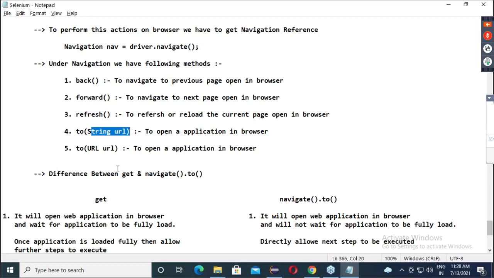Then they realized we need a method which will open and wait. Then they released the get method. So this is how their improvement happened. Is it clearer? But if someone asks you the question, where do you observe method overloading in automation? Best example. Get the point? Let's cross-check whether it works or not.